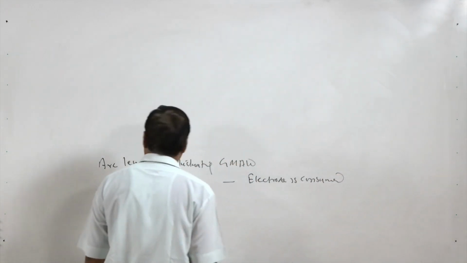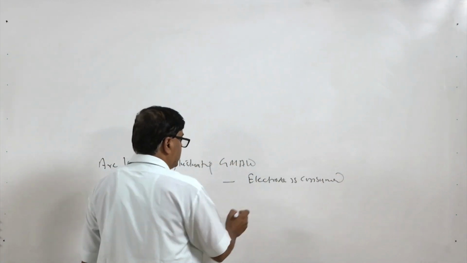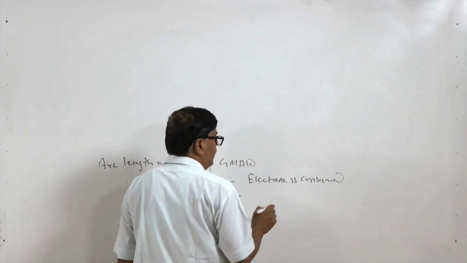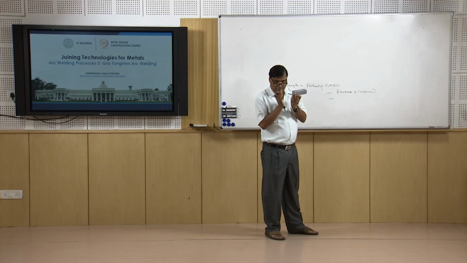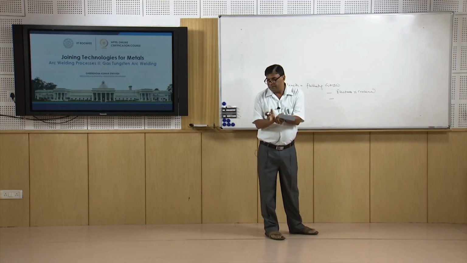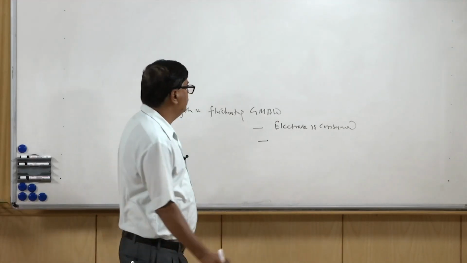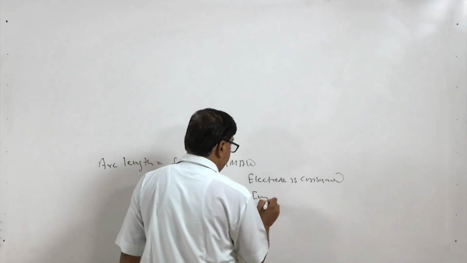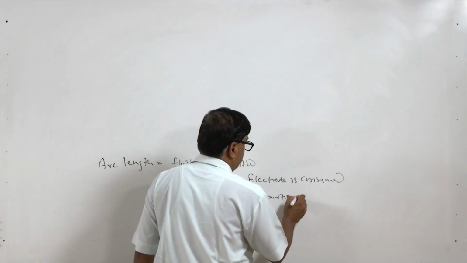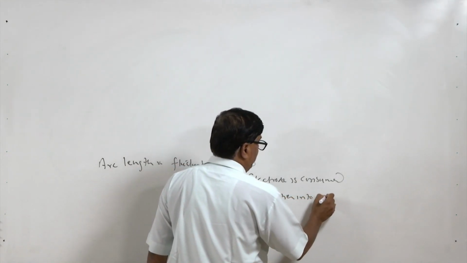This is one, and another one, when the electrode itself melts and the molten metal is transferred into the pool, it transfers some of the impurities into the weld,